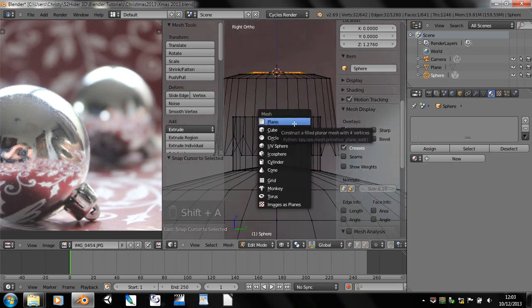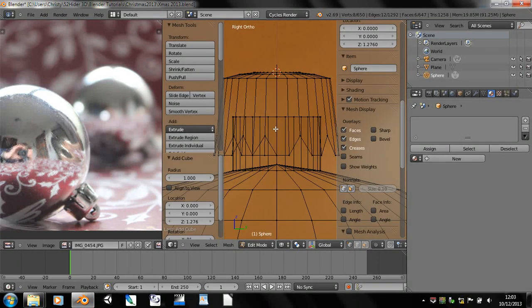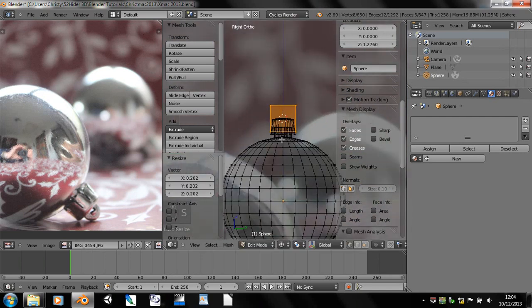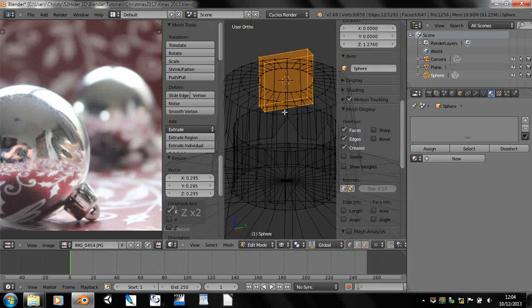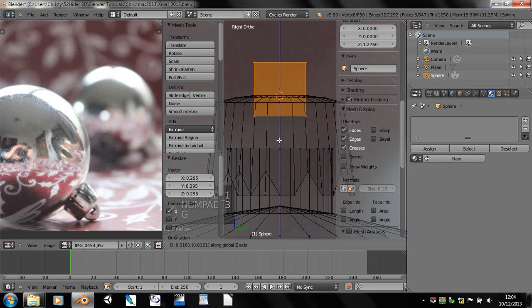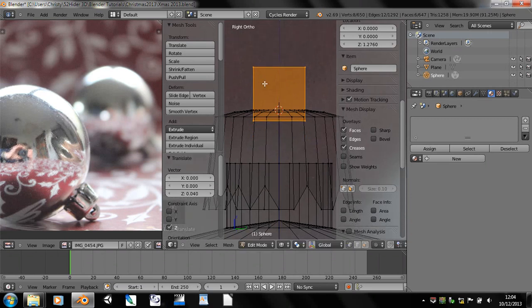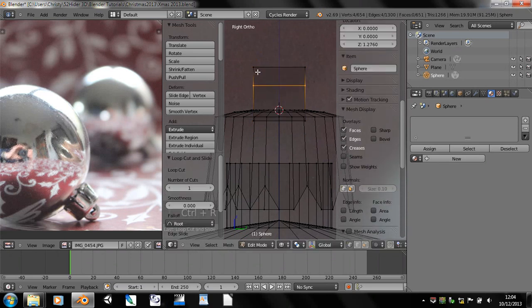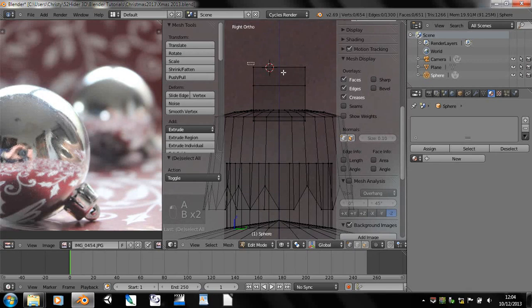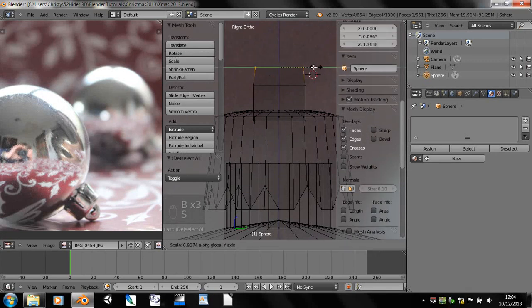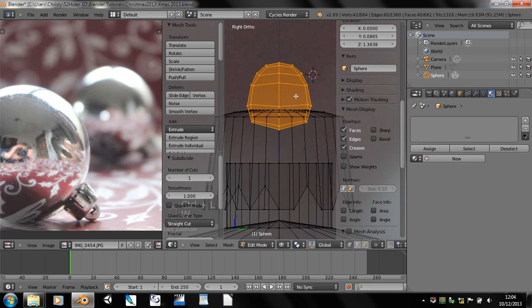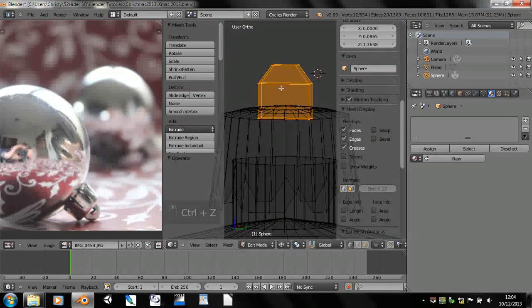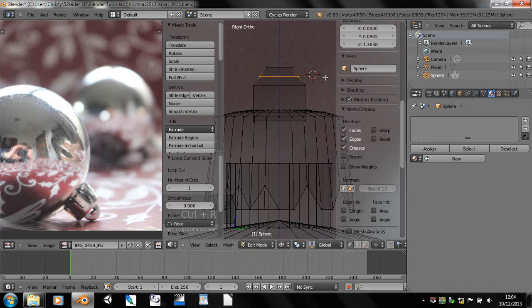Add a, what would be the best thing for doing that? I think a cube would be fine. And scale it right down, like so. Scale it like that. And we go like that, and then we can create a loop there, and it's my mouse playing up. Scale in like that. Maybe subdivide smooth. Maybe not actually. Create another loop cut there and just scale this one